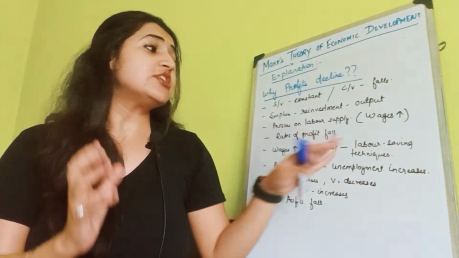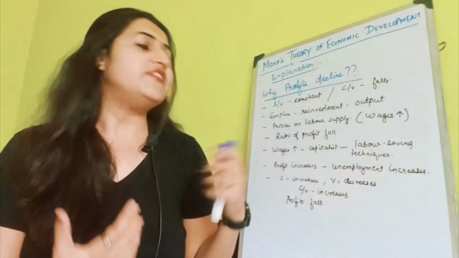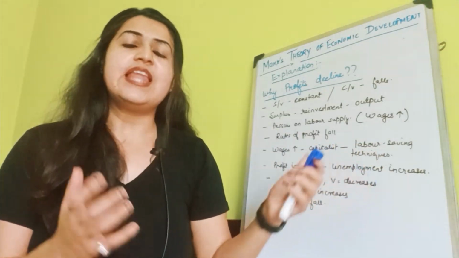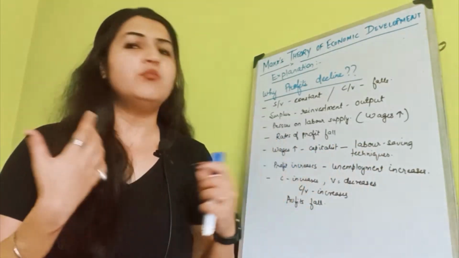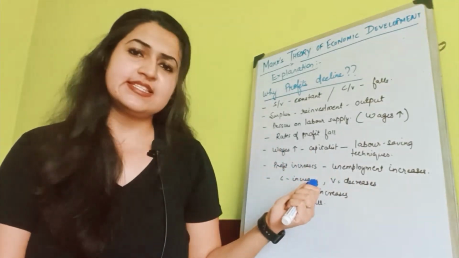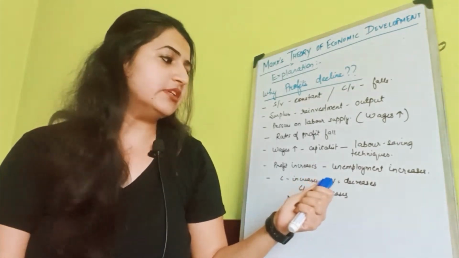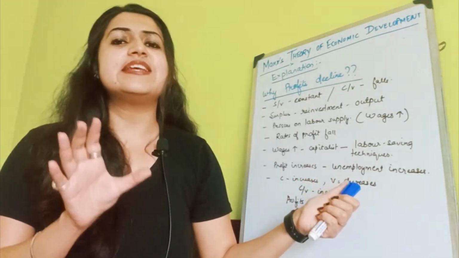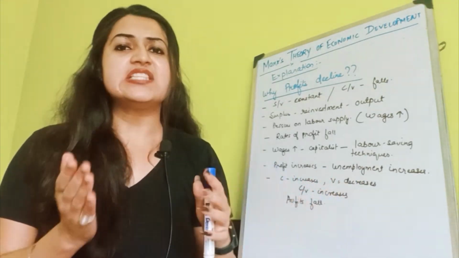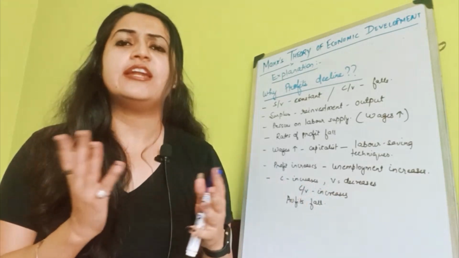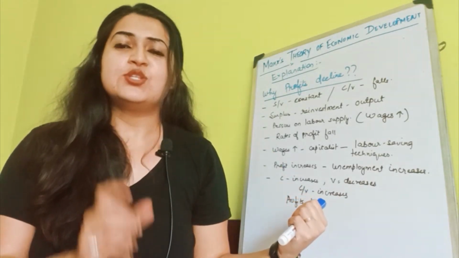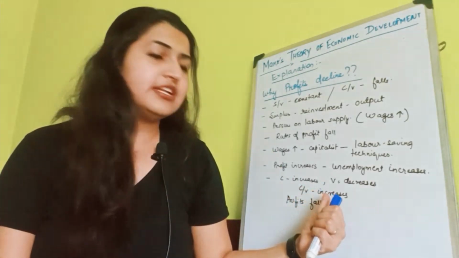Now, because of resorting to labor-saving techniques, the profit again increases, however, with an increase in the unemployment in the economy. Now, since we are resorting to more and more capital, machinery, raw materials, the constant capital increases, whereas on the other hand, we are laying off the labor, so variable capital decreases. As a result of which, there is an increase in the organic composition of capital. And as we have studied, there is an inverse relation or a negative relation between the rate of profit and the organic composition of capital. So with the increase in the organic composition of capital, profits tend to fall.